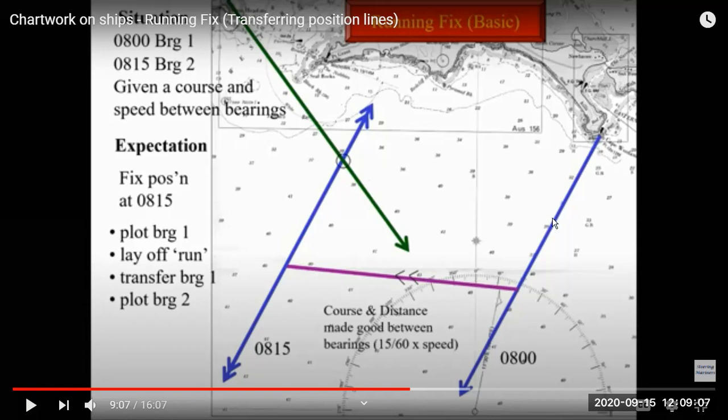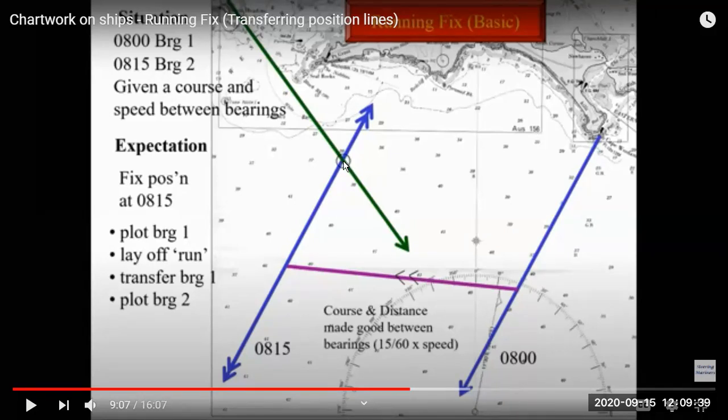So to find the final position, we take the initial bearing and transfer it to the DR position. The transferred initial PL is marked with two arrows, both up and down, and the final green line has a single arrow. Wherever the transferred initial PL and the final bearing line meet, that is our actual fix, the 0815 position at the final PL.